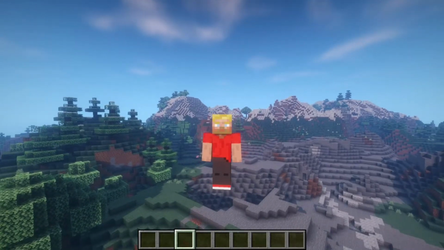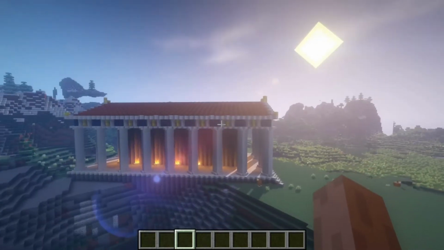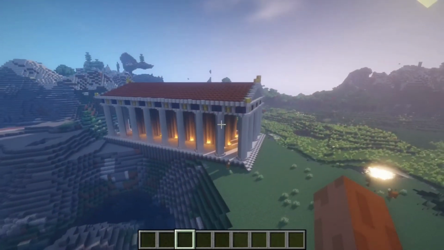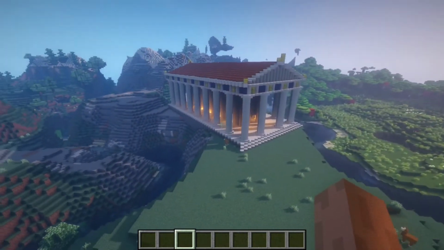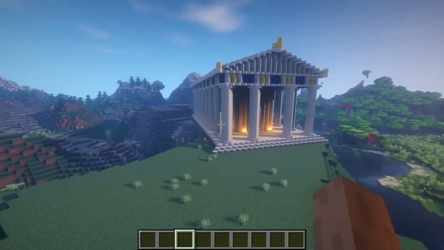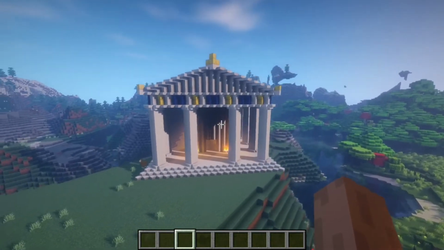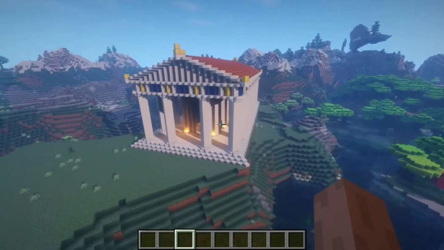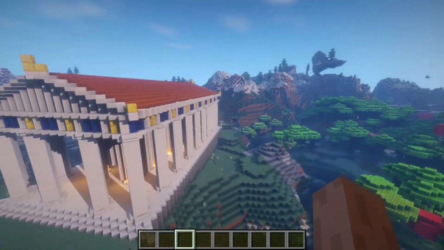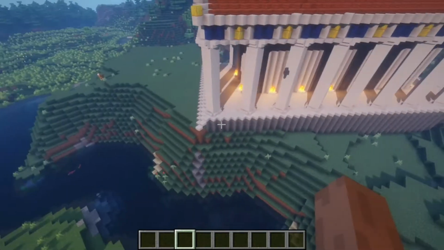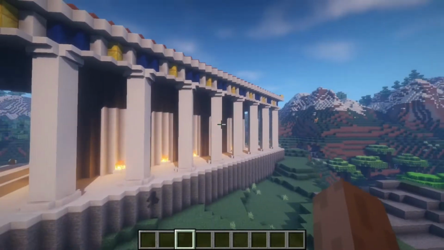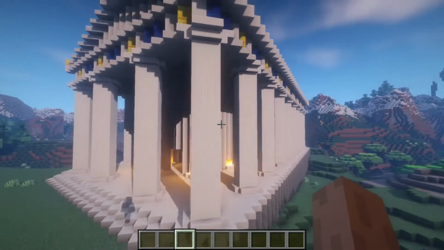Today I'm going to be showing you how to build this ancient Greek temple. It's my design based off of the Parthenon in Athens, and a little unique in that I have built it on the diagonal. I enjoy building diagonally because I find it gives a little bit of texture to the builds